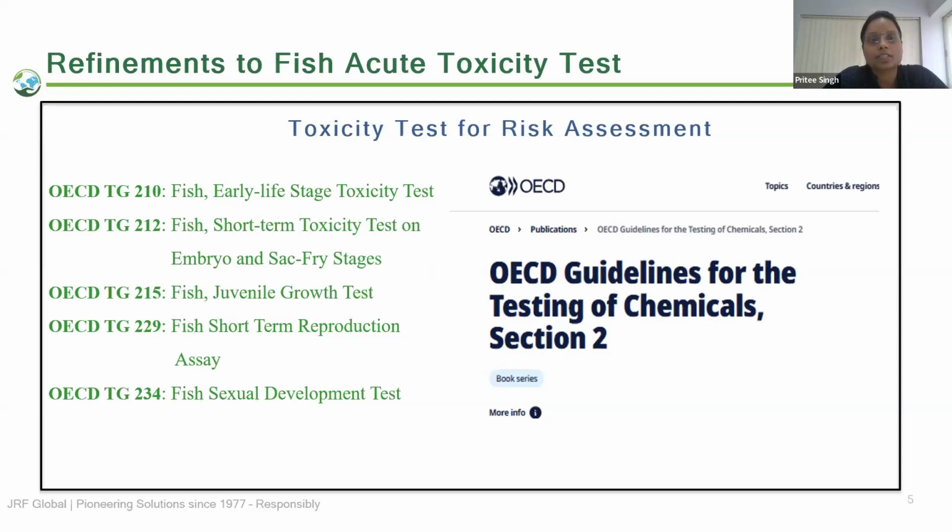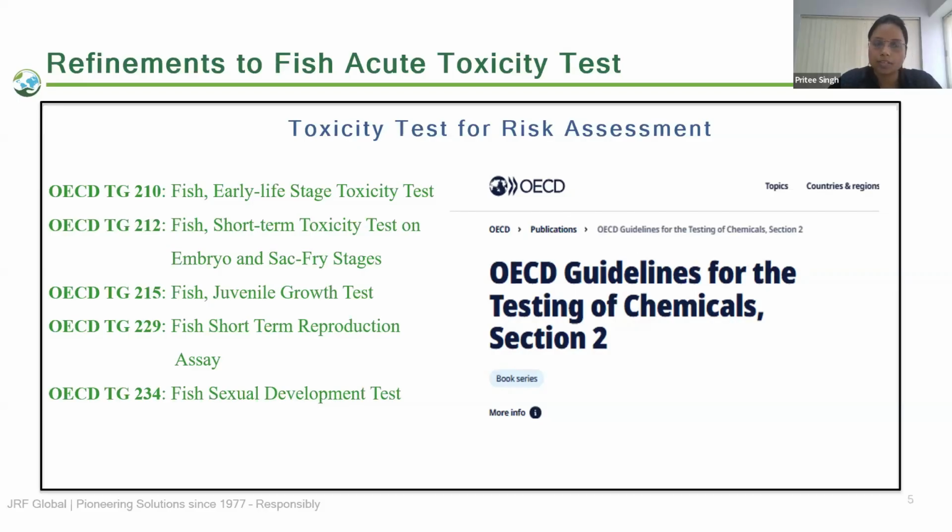So here the early life stages of fish are exposed to different concentrations of test chemical. Most probably the exposure is within 2.5 hours of post fertilization. So on the basis of the result of this toxicity test, the lethal and sublethal effects are calculated, and EC50 value is also calculated. EC10, 20 and 50 values are calculated along with NOEC and LOEC values. So the data collected from this guideline will be important for assessing the chronic toxicity of a chemical.